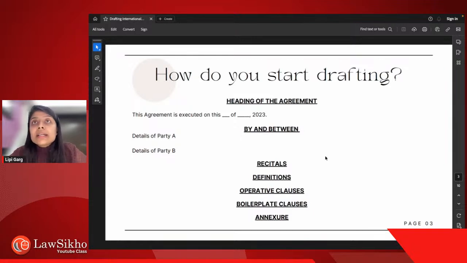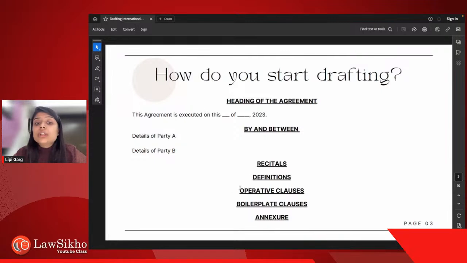You might end up including a lot of terms in the later part of the contract and not define them, right? So definitions are always drafted at the end. However, the sequence will remain the same as you can see on the screen, but the definitions should always be drafted at the end. You can use a highlighter or a marker and underline all the terms that are to be defined, and then tell the scope of that particular word with respect to the contract at hand.